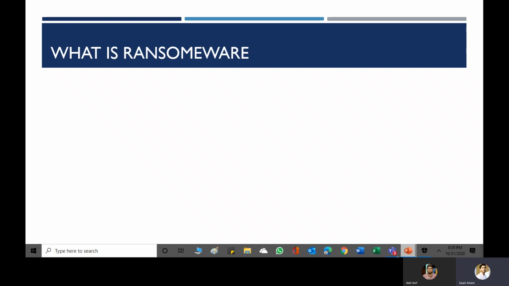Okay, so these are the things we have discussed: first social engineering, then phishing, and then phone scams. The next thing we are going to discuss is ransomware. It is a sort of attack that uses data